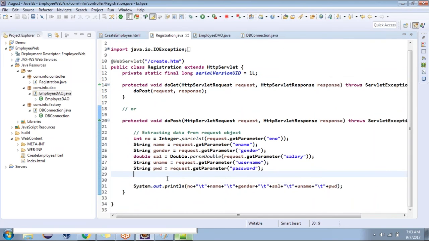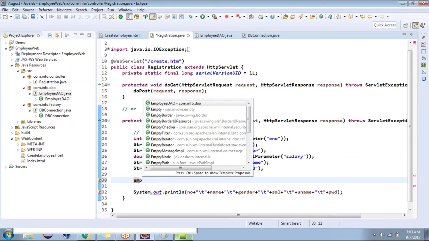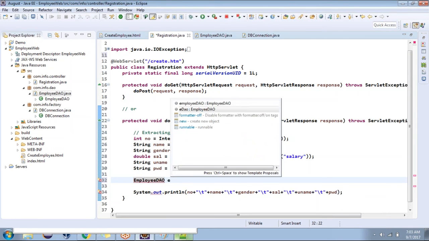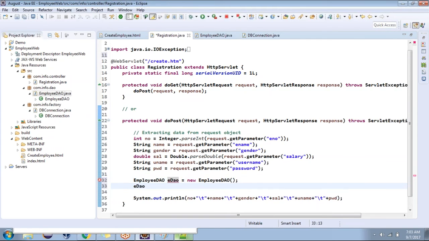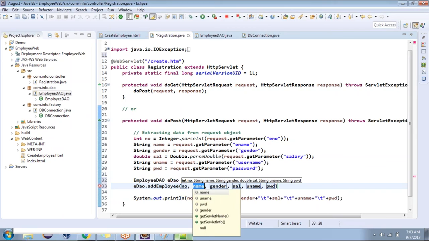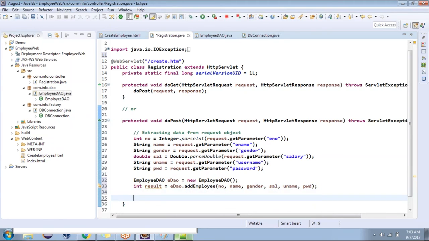I want to call that method. If you want to call that method, create an object for the EmployeeDAO. EmployeeDAO edao equal to new EmployeeDAO, edao.addEmployee, pass number, name, gender, salary, username, password. And you are getting some integer value. Same like that, you can write if result